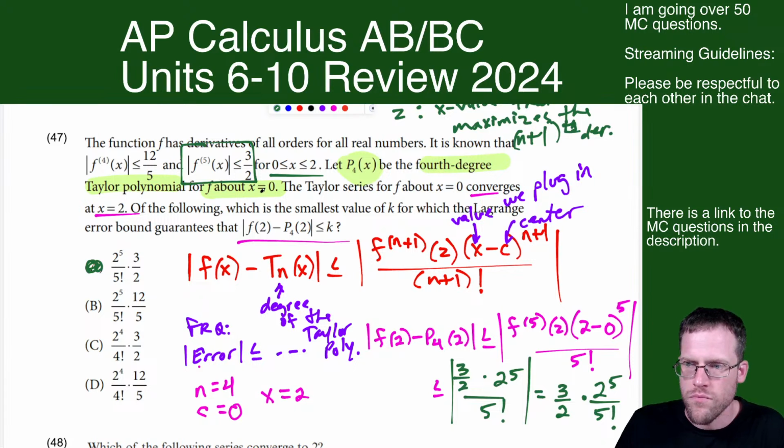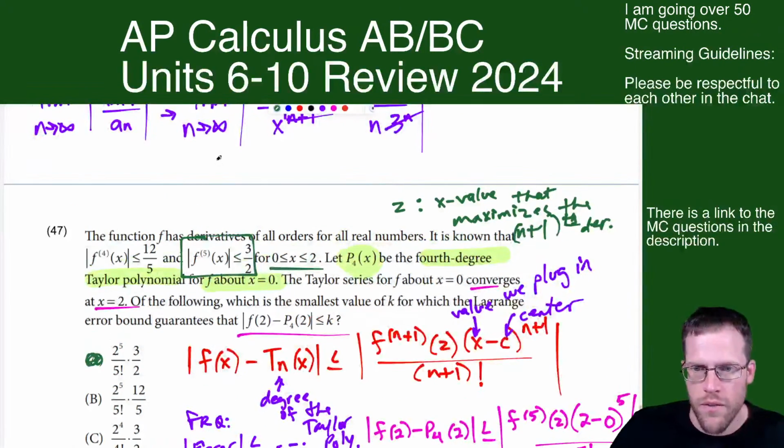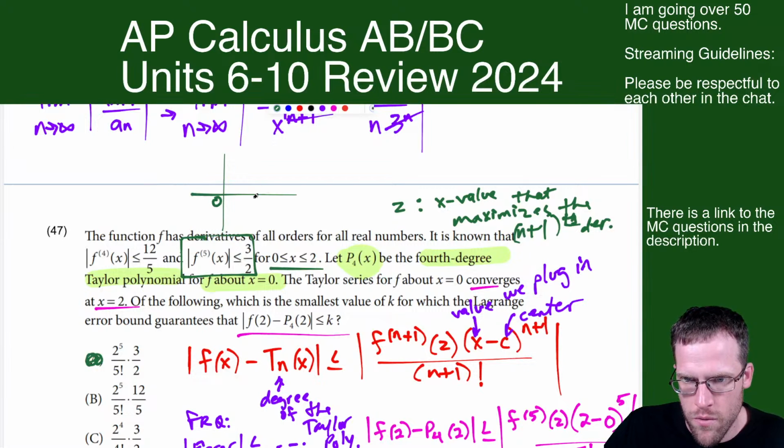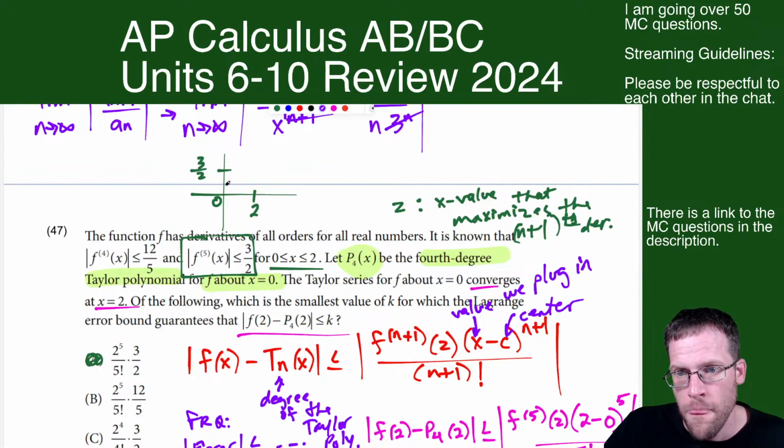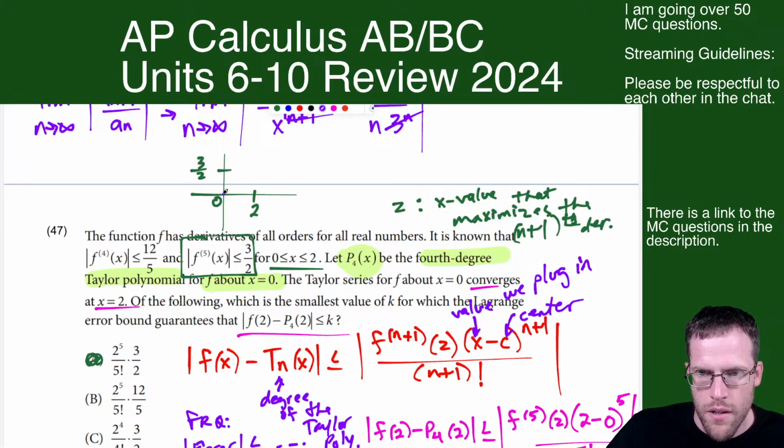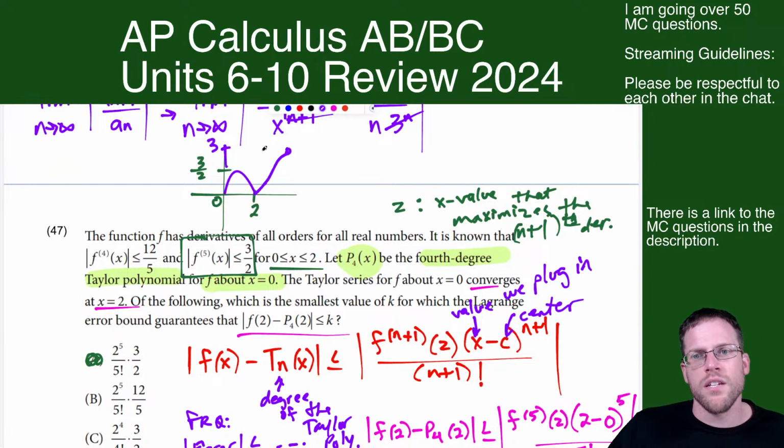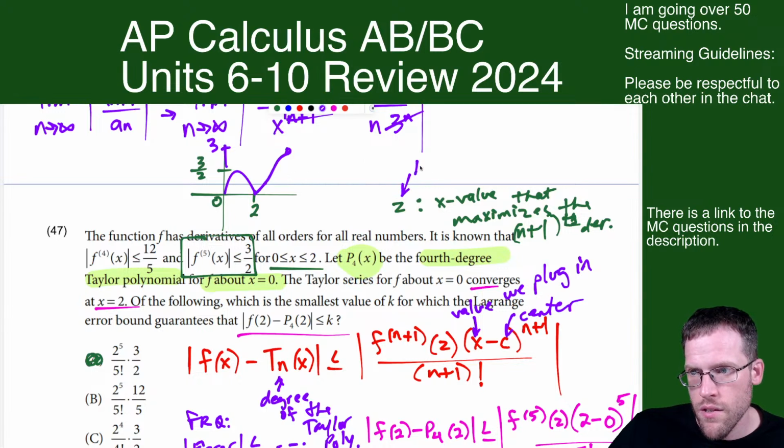And just be very careful. All right, sometimes they give you a graph of the fifth derivative. They could have given you, all right, 0, 2, and then let's say 3 over 2 is here. And this is not part of the question, but what if they gave you something that looks like this, and then after it does something like this, and let's say they go, oh, this goes up to 3. And then someone mistakenly chooses 3. The catch is that z is between